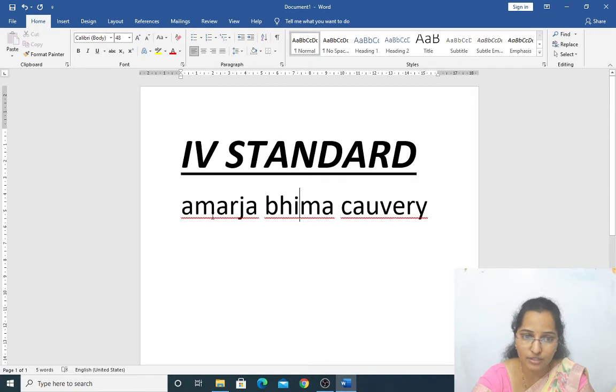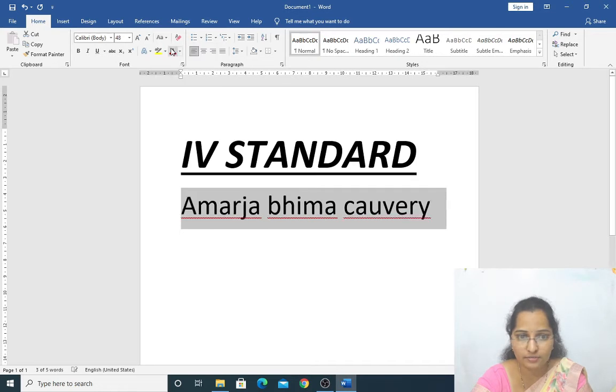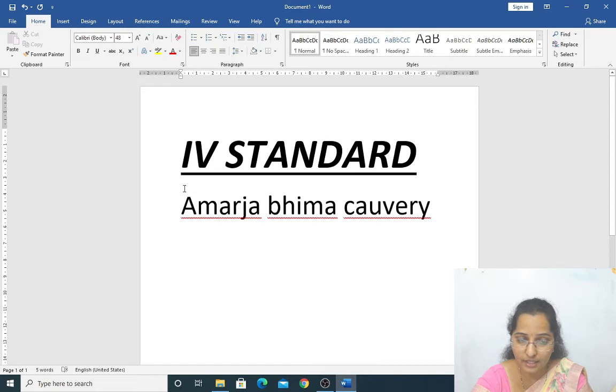Here in Amarja only the first letter will be capitalized. If I click on sentence case, for that what we have to do? We have to select the text like this. Go here, click on sentence case. Observe. Now only the first letter from this sentence has been capitalized. It is called sentence case.